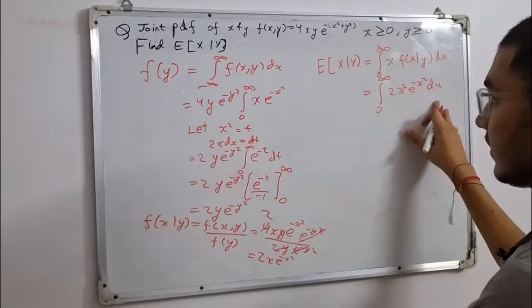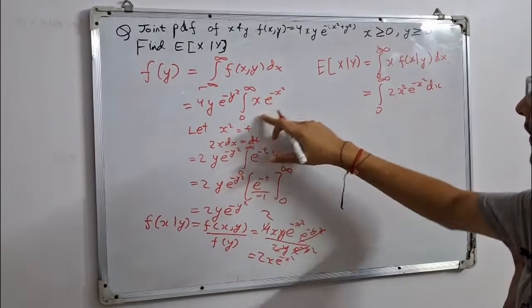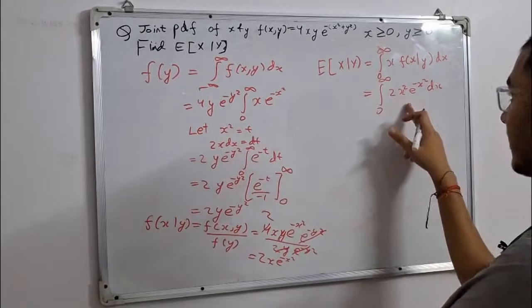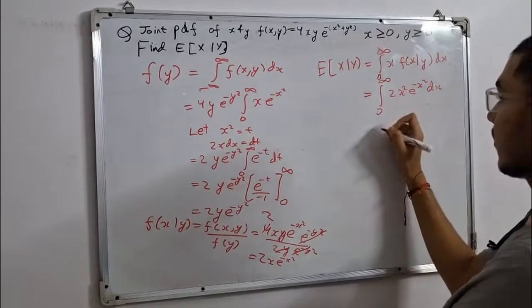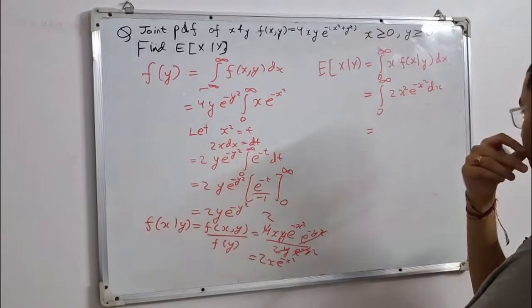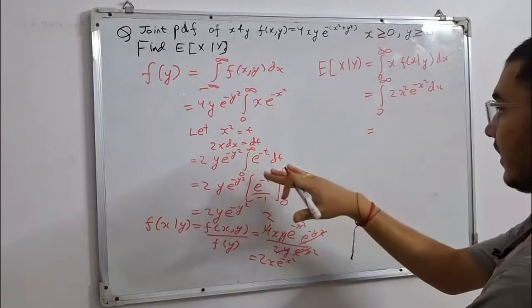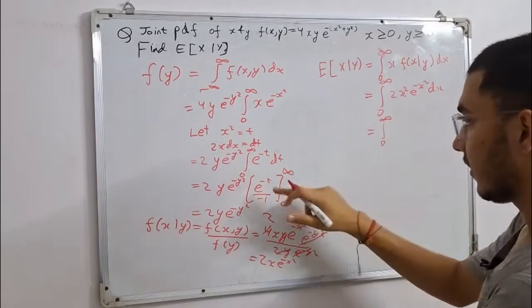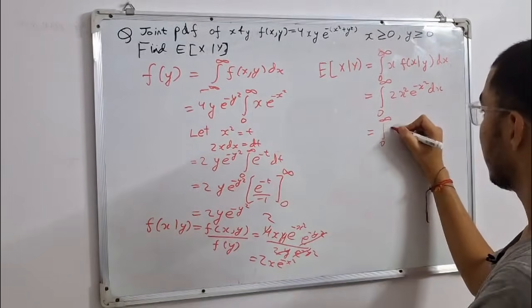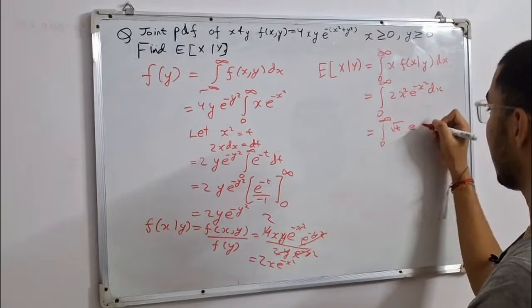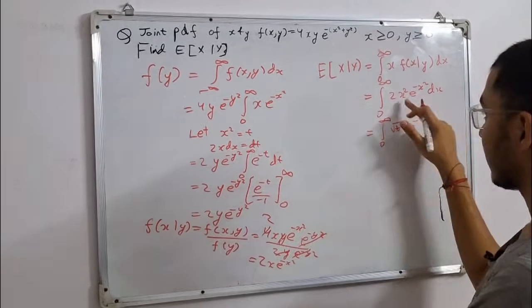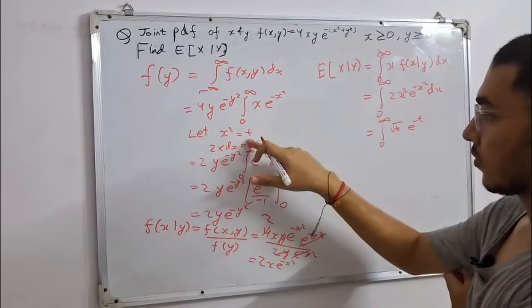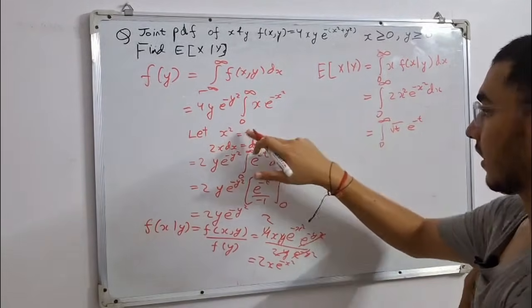So this looks very similar to this integral over here, just there's an extra x square. So we can do the same thing, and it will become integral 0 to infinity root t e to the power minus t, as the extra x will become root t, because as you can see from here,